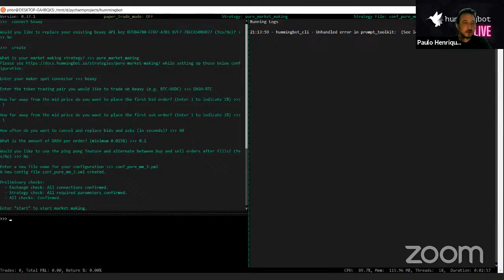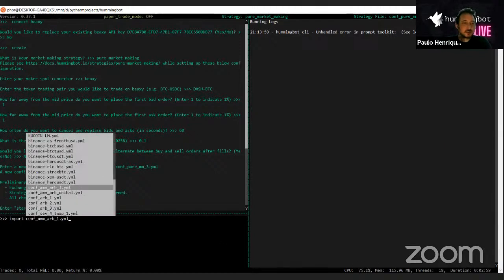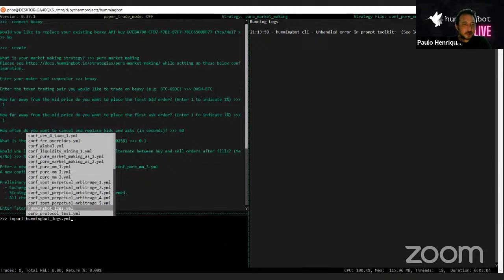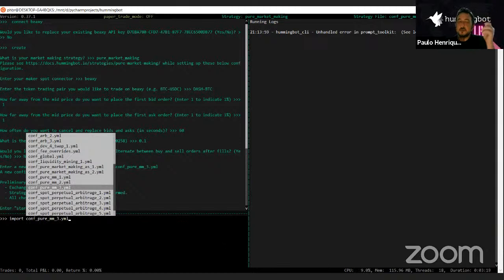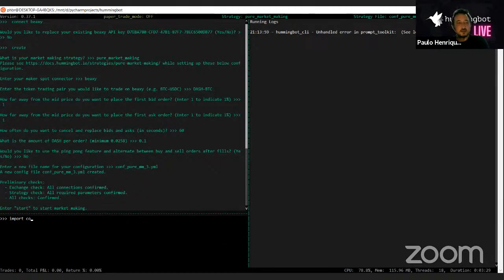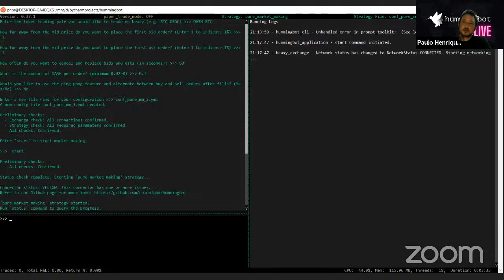Let me just show here. As you can see, there's a lot of different strategies here. And the last one I created, for example, was pure market making. It's this one, for example, conf pure mm3. So when I exit the bot and restart again, I don't have to create this strategy again. All I need to do is import. So all the configurations I last used are there, right? So with the strategy in place, we hit start, and the bot will start to connect to the exchange